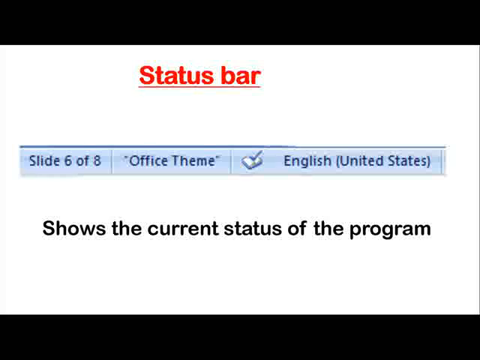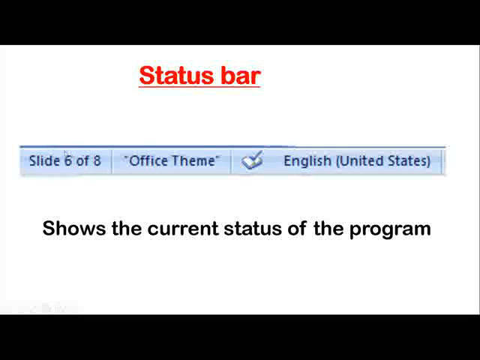And next is status bar. Status bar shows the current status of the program. Like it displays total number of slides present in a presentation and the active slide and also the themes used in the presentation. Okay, and other details. You can see here slide 6 of 8.